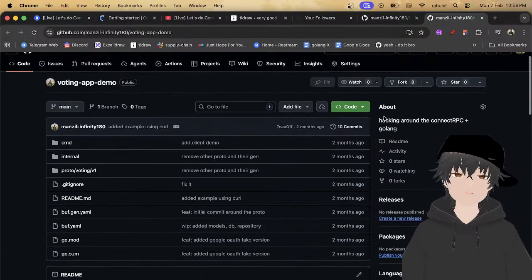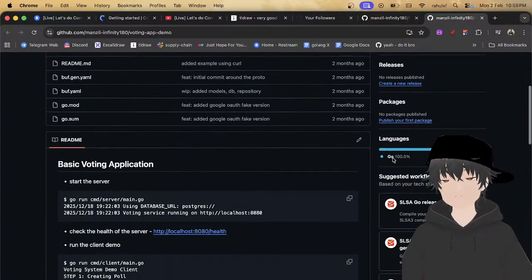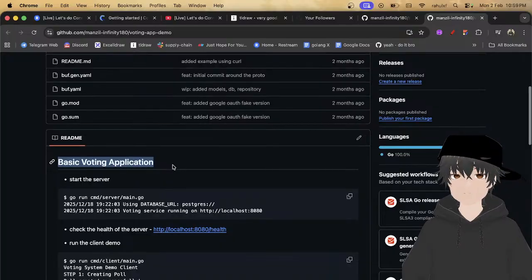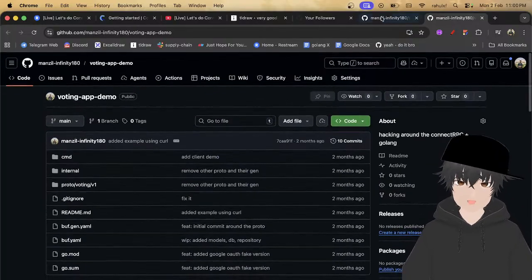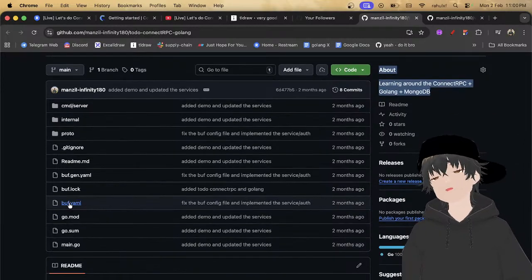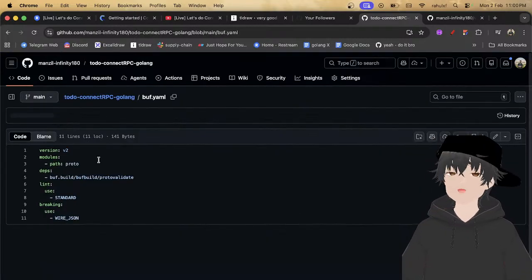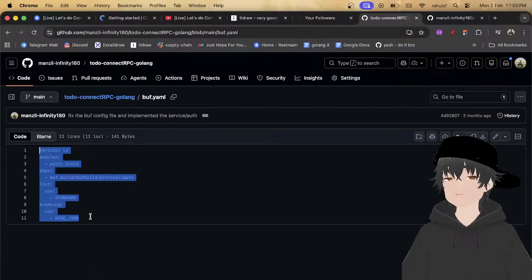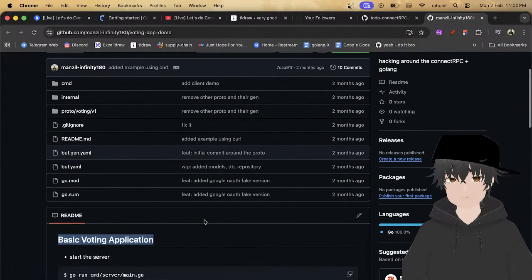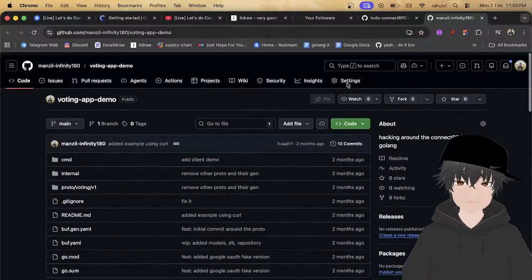And another one is hacking around Connect RPC plus Golang. So this one is a basic voting application. I'm keeping it aside in my tab, because I get a bit of a problem every time I create this buf.yml. That's why I'm keeping it handy here.